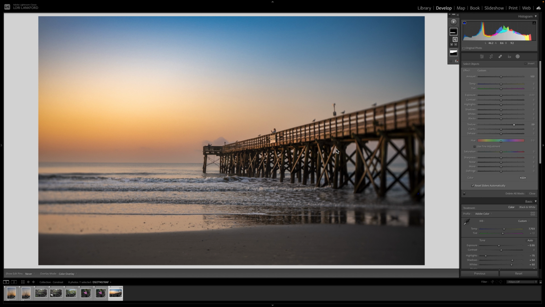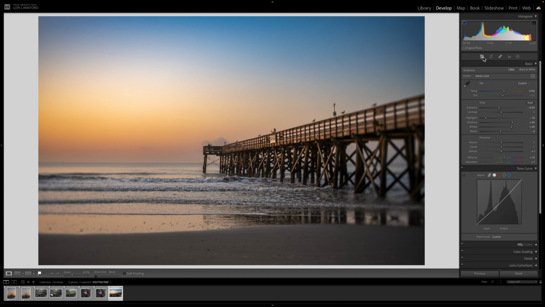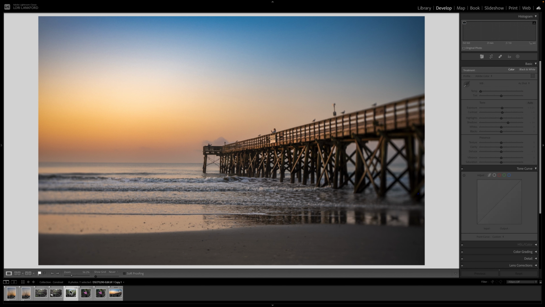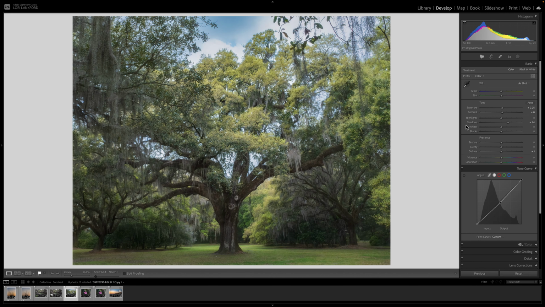So the key things to remember when you are editing is the first slider. Let's go back to our tree image that we started with. Your first slider is your global adjustment for overall contrast, and it is going to spread your histogram. It is going to enhance or impact your shadows and your highlights. The other three ways to impact contrast are texture, clarity, and dehaze. They all three do three different things. You can adjust them a little bit at a time, but you can also use your mask tools to make